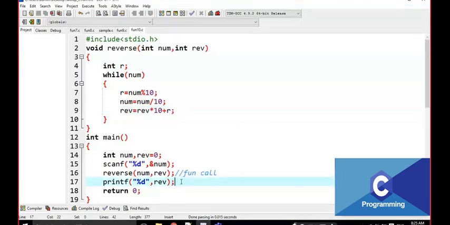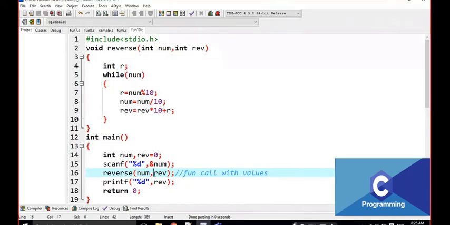Because here I am working with a function call with values only, pass by value. I am not passing any address here, I am passing just values. If I am passing just values, the modifications are done here, but not reflected back to the main function. In the previous class, I already discussed all these things, right?